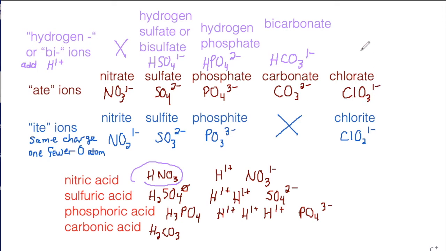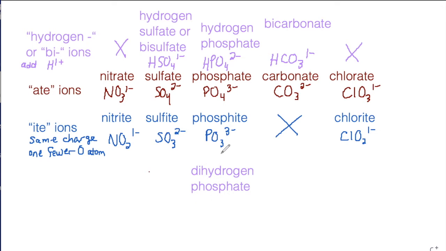We would just have chloric acid, so we're not going to do it with the chlorate. We do have another one on our list that is dihydrogen phosphate. So if we add another hydrogen to this phosphate,